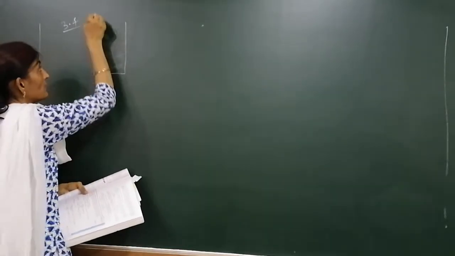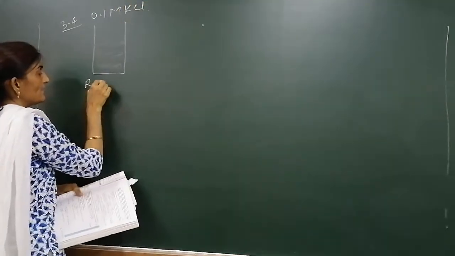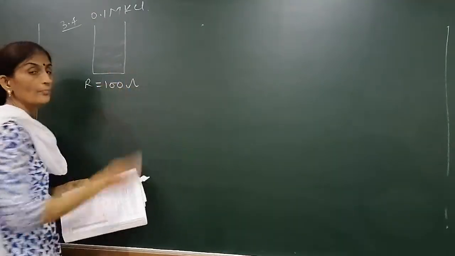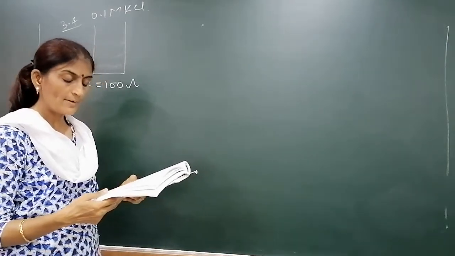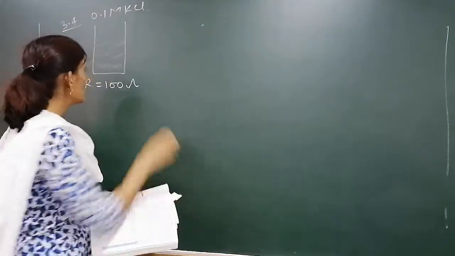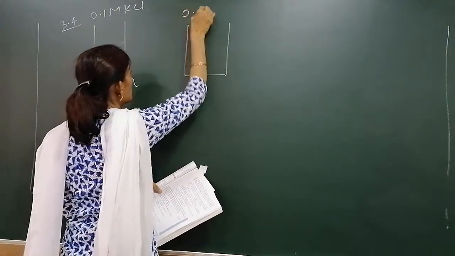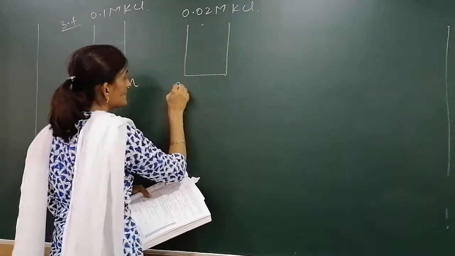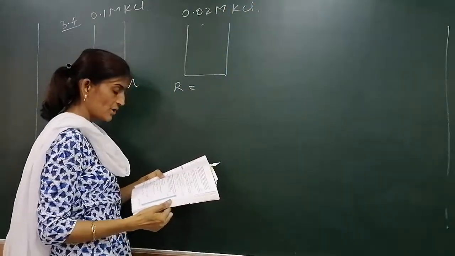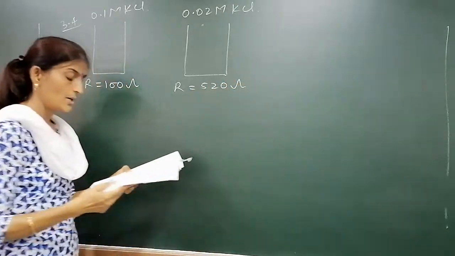KCl solution of 0.1 molar is filled and its resistance is given as 100 ohm. If the resistance of the same cell, but now filled with 0.02 mole per liter KCl solution, is measured as 520 ohm,